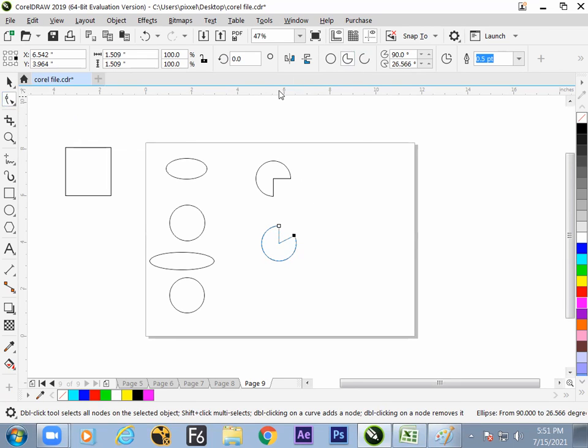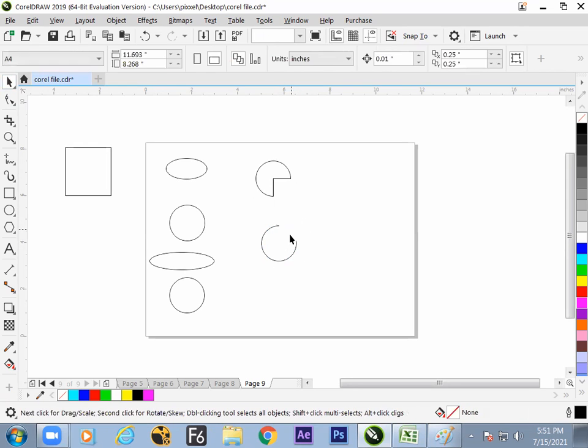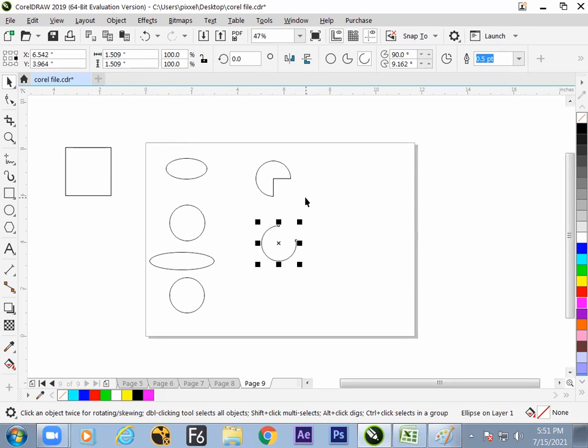Yes, by clicking you can do it, but the shape tool will change the angle. And pie can be turned into arc by dragging just outside. So we know how to convert between them also. Everything is okay, but now we'll learn how to make the circle with measurement. Close it up. And yes, nothing to worry about.